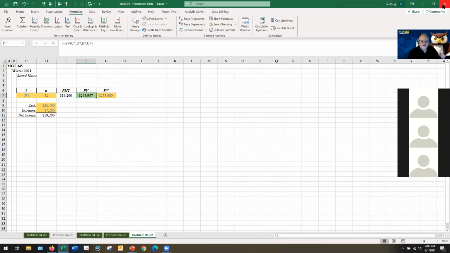Well, I ended up actually setting it up correctly, but for some reason I got lost when all of a sudden I wasn't getting the numbers to line up even close to what the back of the book said or what I thought it was going to be. And I just realized what it was. I accidentally put a negative somehow into the present value function, which changed the entire equation. Again, that's the key we've talked about before: getting your signs right. I won't mark you right or wrong if you made the payment negative, as long as you're consistent, with payments going out one way and in the other way